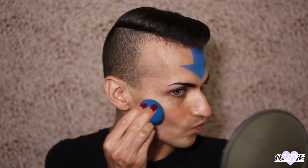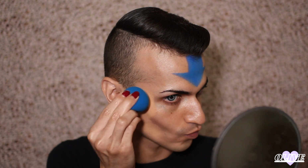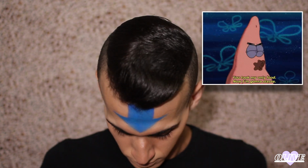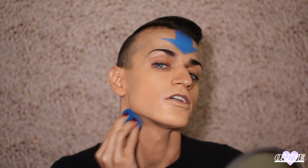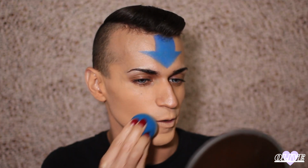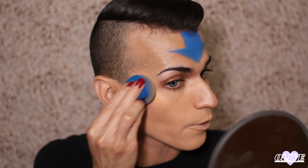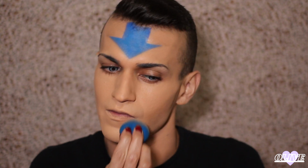Now I'm gonna go in with some foundation all over the face. Don't forget to get those ears. All right, now I'm starting to blend the foundation, bouncing it on the face. And we are going to pretend that this is my shade of foundation. A little easier to get away with it in drag, but here we are. I forgot to color correct. It's okay, we'll allow it. He just hasn't shaven. Trying to build up a little more coverage around my beard area. Aang is supposed to look 12, not...